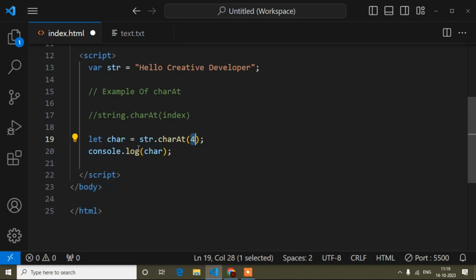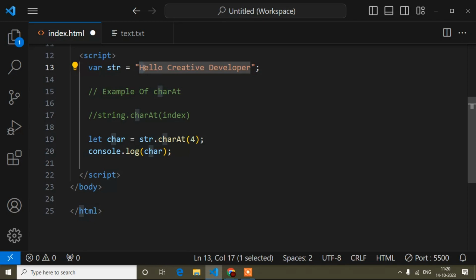What will be the output if I store it inside this variable character and then console it? Index is the position and it's a number. So position 4, right? If I start from here, because it is the starting point, this h of this sentence, so if I count from here, h is 0.